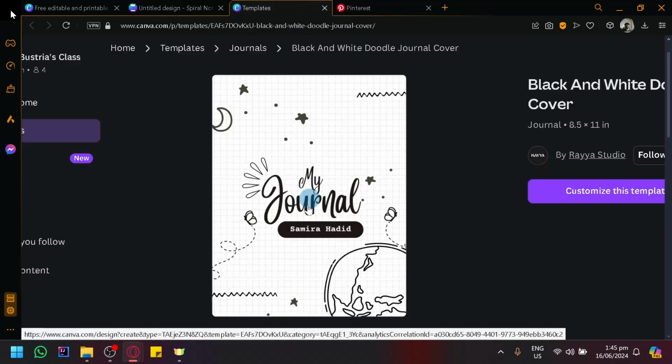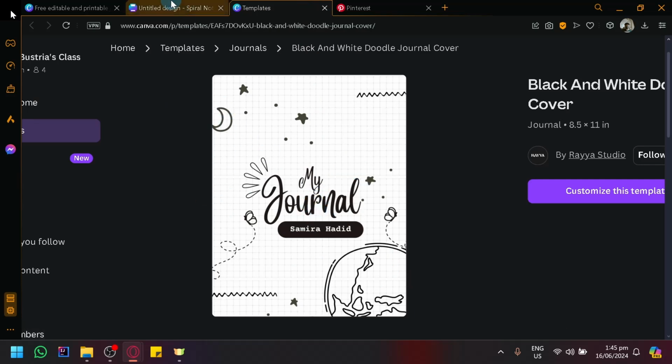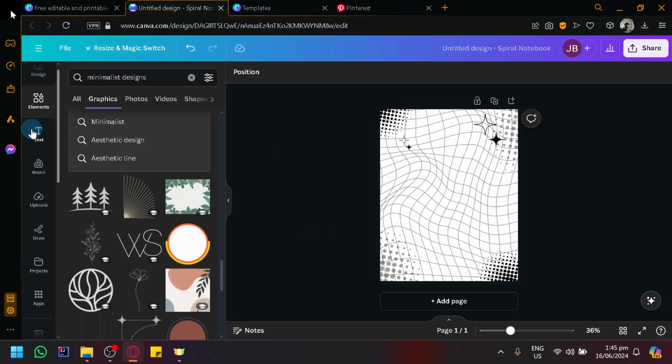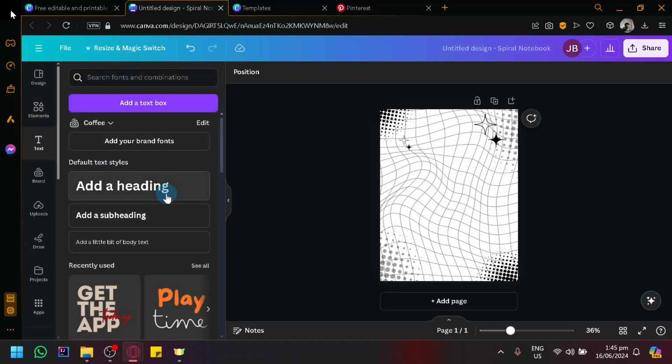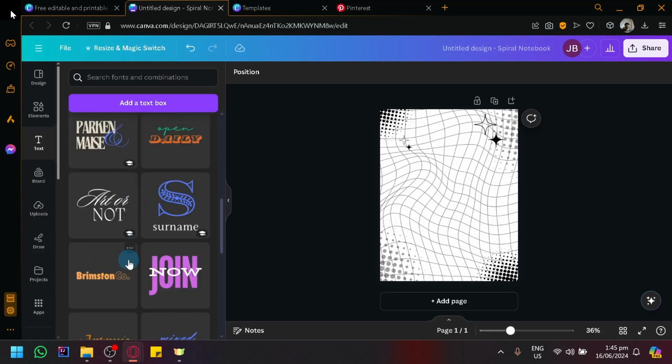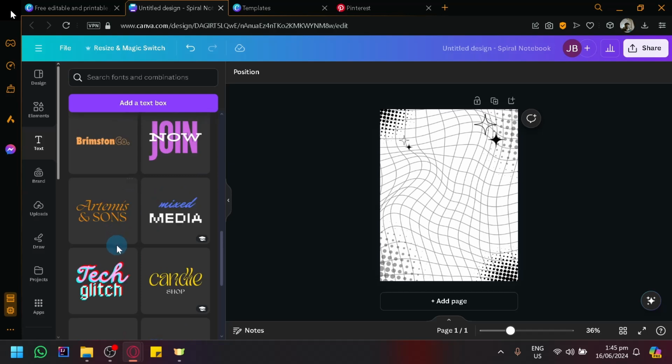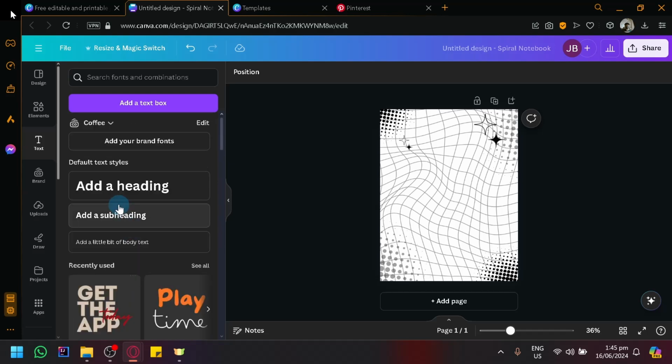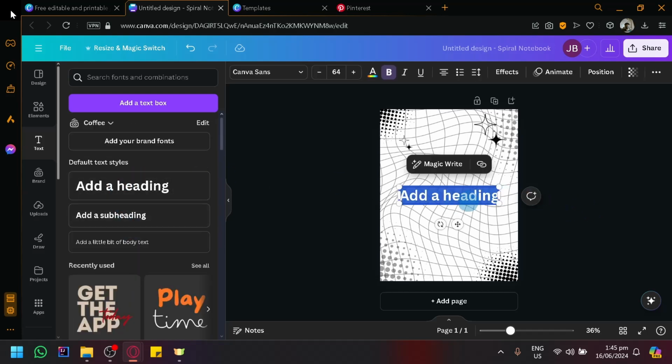So based on our example over here, or our very simple basis, we're going to need to add our text. And aside from the elements, like I mentioned earlier, text is one of the main things that you will be using, because in the text, this is where you will be able to add text and different fonts. There's a lot of fonts over here that you could use. So for me, instead of just doing it the traditional way where I add the text over here and say my journal,